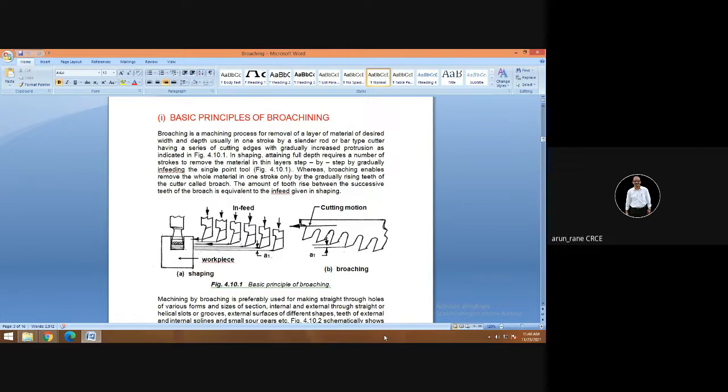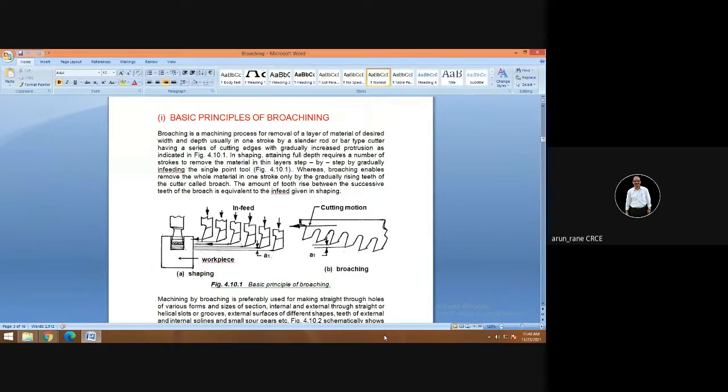Suppose I give an example: if you want to ream a hole and the length of the hole to be reamed is say 50 mm, since the reamer is going in feed and retracting in feed, the machining length will obviously be double, that is 100 mm plus approach and overshoot obviously.